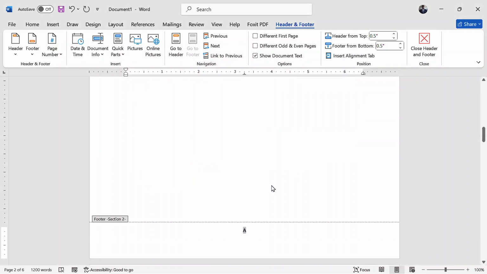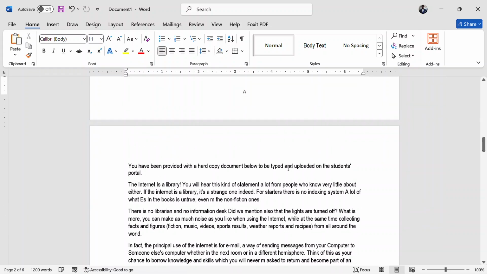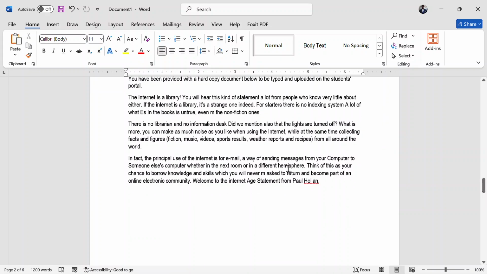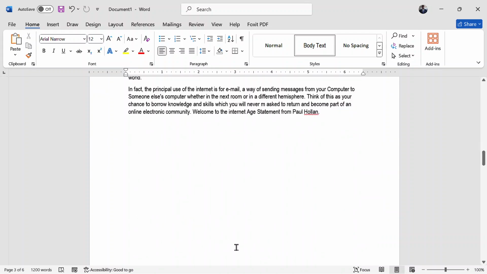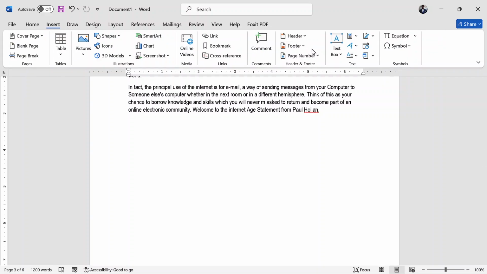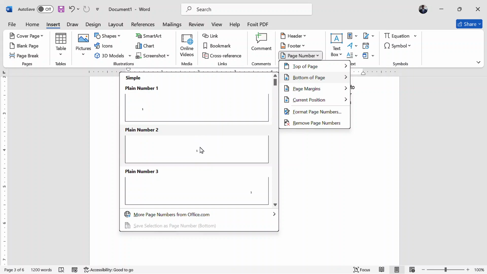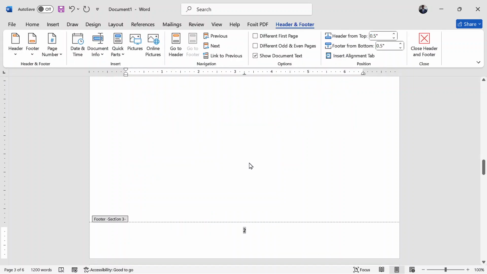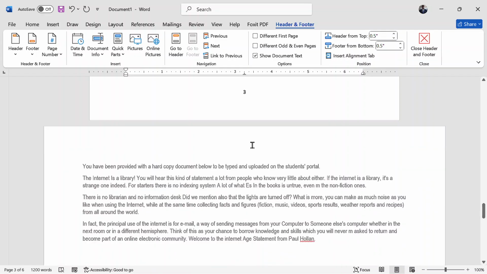I'll click OK, and when I click OK, you'll see that this page number turns to A, and none of the other pages is affected. Page 1 is blank, page 2 has A. Then I can come to this other section. I put my cursor there. I'm going to label them as 2 and 3. Now I go to insert, page numbers. Where do I want them to appear? In the bottom center. And when I select, you can see that this is 2 and this is 3.